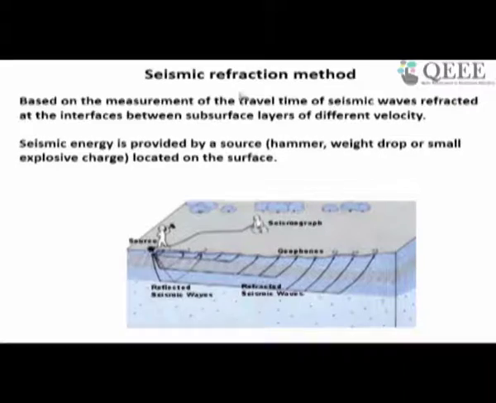There are ways. You can use some kind of seismic hammer which can generate seismic waves, and then the corresponding waves will be recorded at different points. The travel time of those waves is going to characterize the ground. As you can see in this picture, we have a source of seismic waves, and then you have different recording points, that is the geophones, which will record these waves as they reach there.